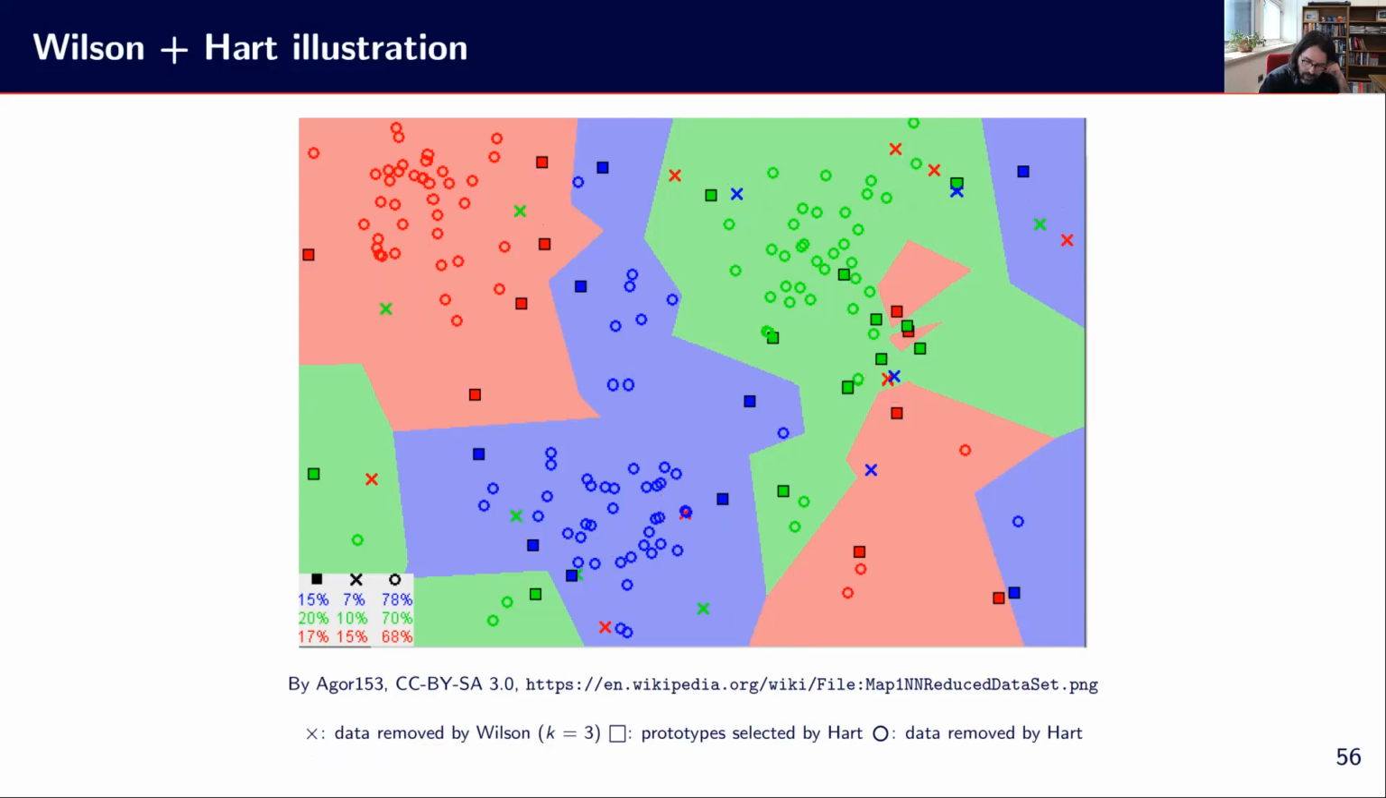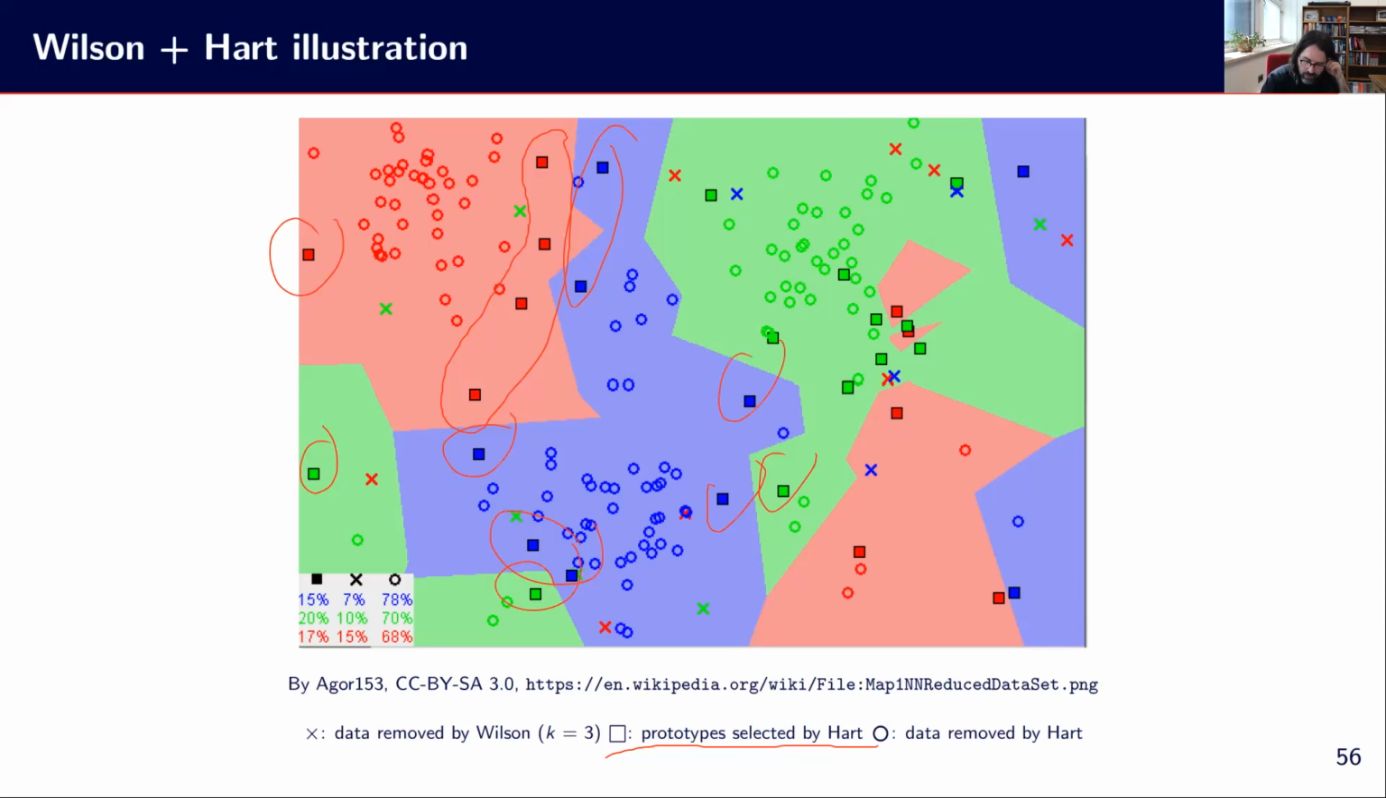Then we have the prototypes selected by Hart. So these are the ones that are useful for classification. We can see, in fact, that all these squares are really close to the boundaries. And we have this one here, this one there, this one here, there. So we keep the ones that are close to the frontiers, but the ones in the middle, you know, okay,